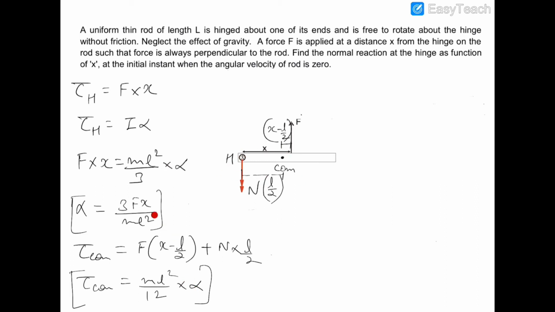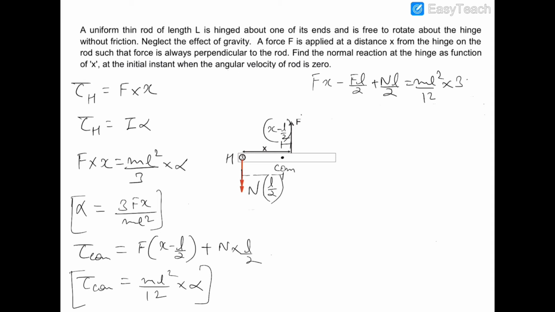So this alpha would be same about center of mass also. So this torque Fx minus FL by 2 plus NL by 2 will be equal to mL square by 12 into alpha,